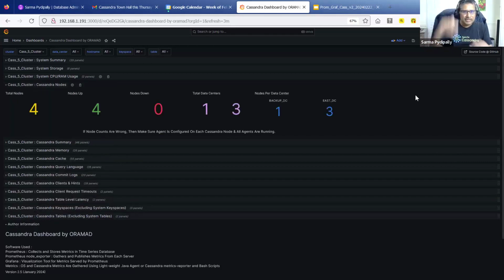Now let's get into the Cassandra metrics. Just spend like another 5 minutes looking at the dashboard. So there are some bugs in this. I already know what the bugs are, so I'm fixing them. But the idea is basically you see at one glance for this cluster how many nodes are there, how many are up and down, and how many data centers are there, how many nodes are in each data center. You can see that in one view here.